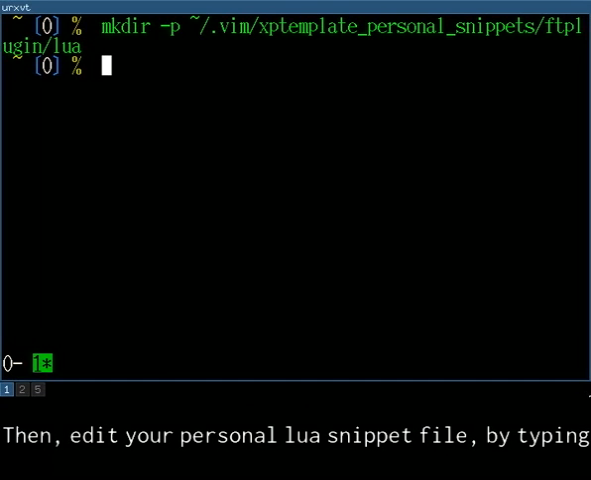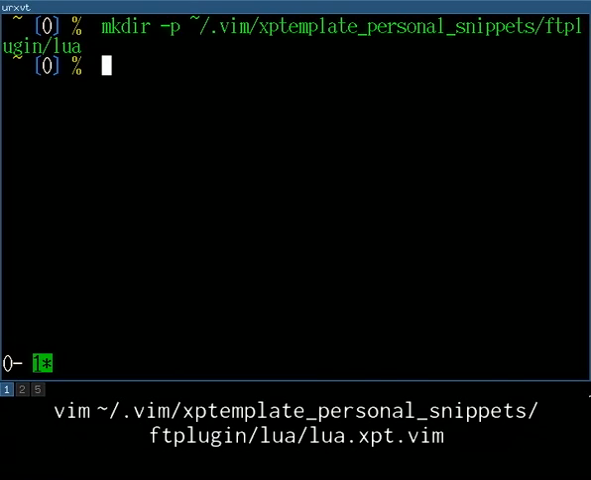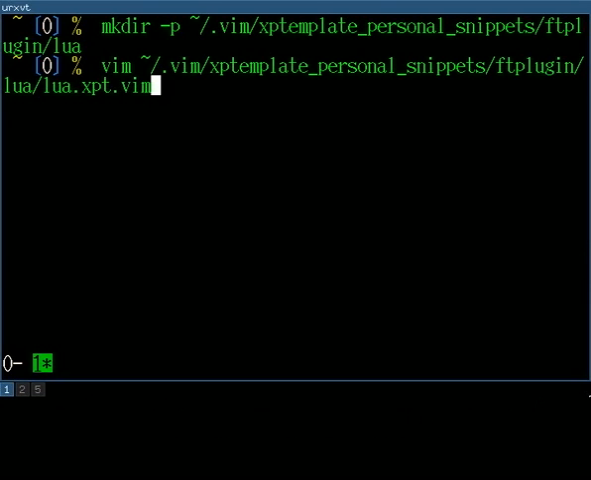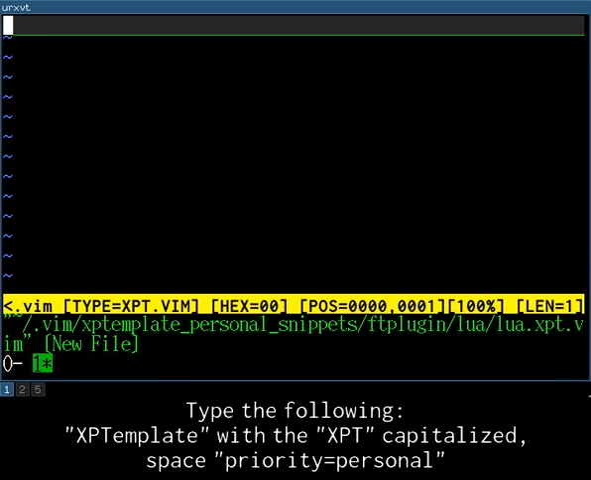Then edit your personal Lua snippet file by typing vim ~/.vim/xptemplate_personal_snippets/ftplugin/lua/lua.xpt.vim, and type the following: